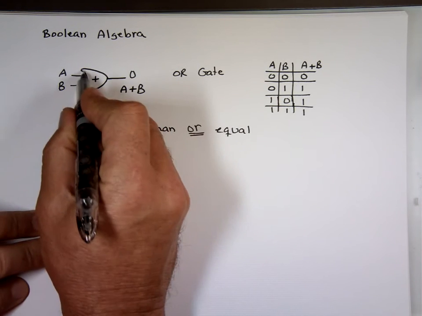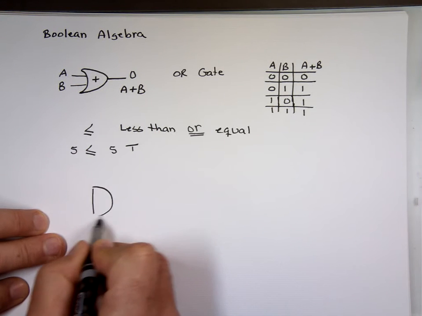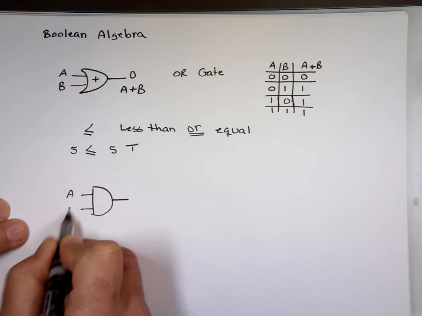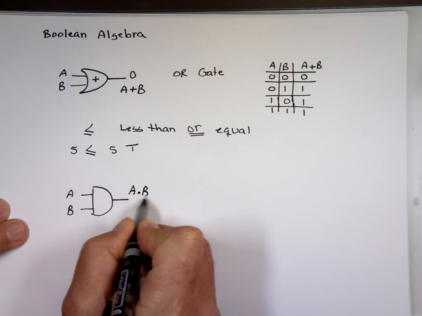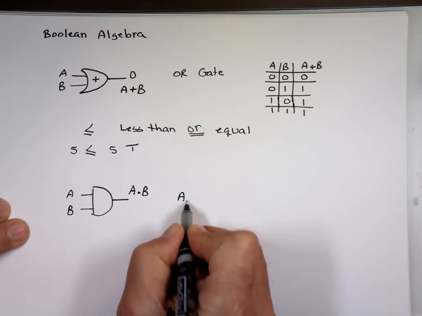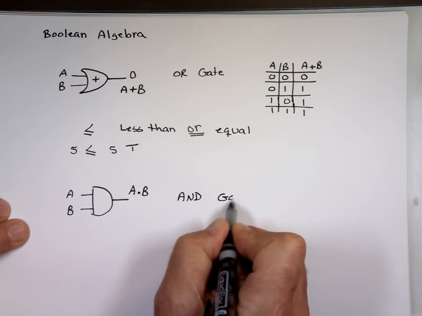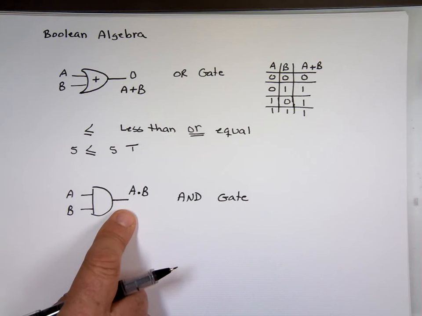Now, instead of this being a curve like this, if it's a straight line, that's an AND gate. This is A and B. That's an AND gate. And for the AND gate to be true, for something to be true, if I said, well,